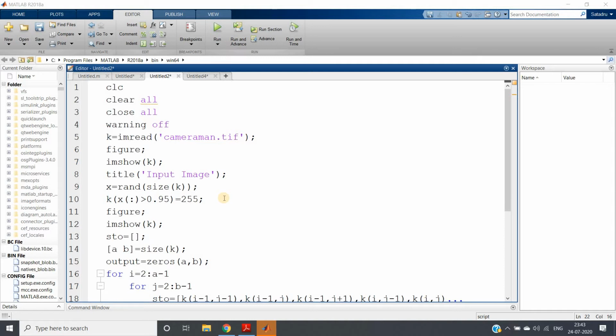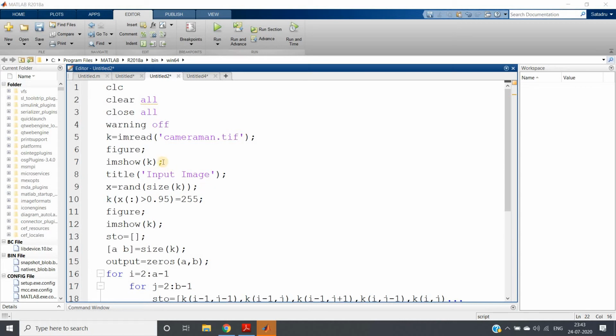Similarly, in the reverse way, we can remove pepper noise using the max filter. Why? Because pepper noise is basically black pixels, black noisy pixels, and when you are taking the maximum, as black pixels have minimum intensity, there is a huge probability that your black pixels will not come in your output if you are using the max filter. So these are the applications.